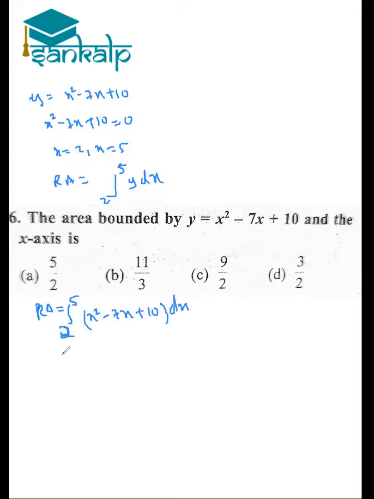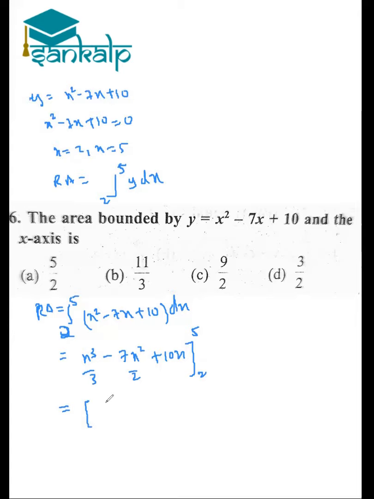On simplifying, the integral is x cube upon 3 minus 7x square upon 2 plus 10x under the limits 2 to 5. So on simplifying, we get